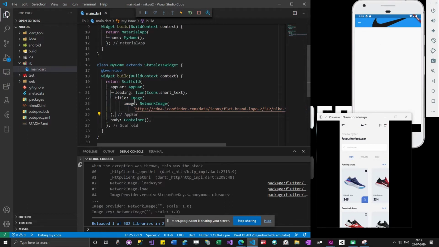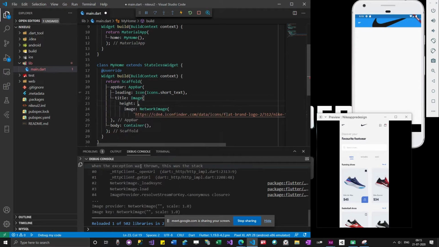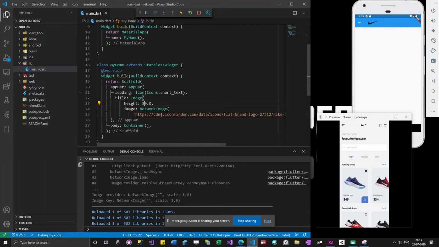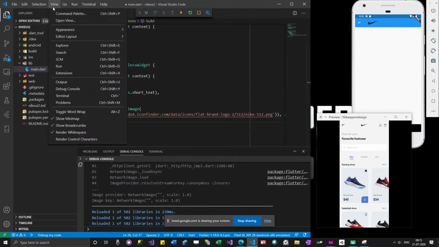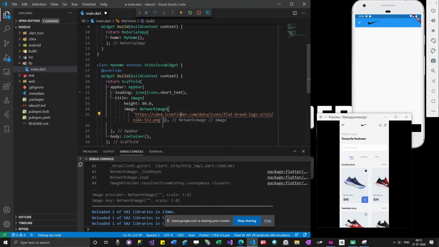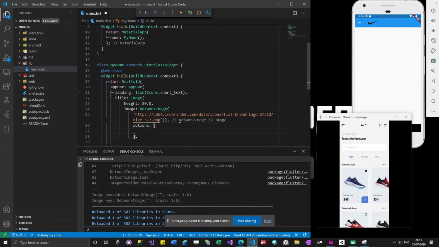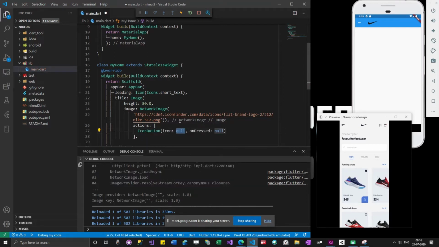So now you can see the image has appeared. In order to do this, we have to define some size. We have something like height here, which will be 40.0. You can see it got changed. Let me give 80. Okay, so everything is set, and then we are going to add some more icons. I'm going to wrap text as well so that everything will be visible, and then I'm going to give actions. Actions means icon buttons. Icons also you can give, but IconButton will add some necessary space.